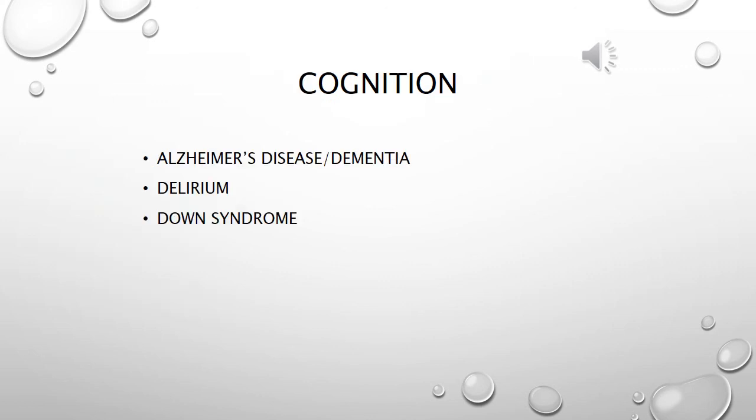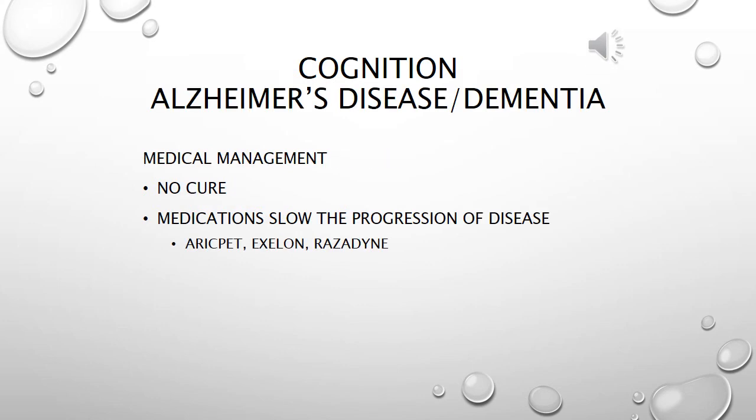The concept cognition includes the exemplars Alzheimer's disease or dementia, which we'll also discuss, vascular dementia, delirium, and Down syndrome. Alzheimer's disease is the fifth leading cause of death for older adults. It is a progressive, irreversible,